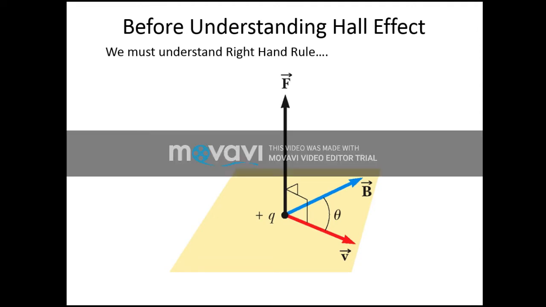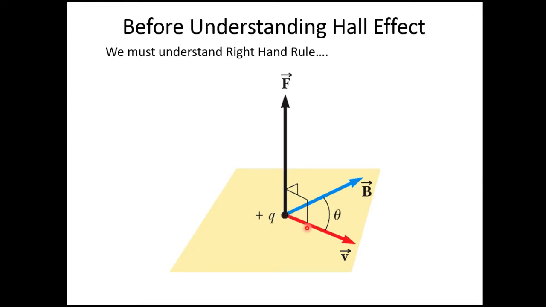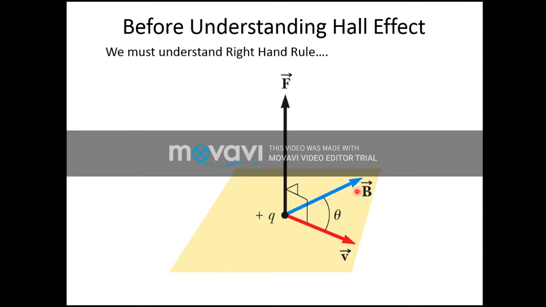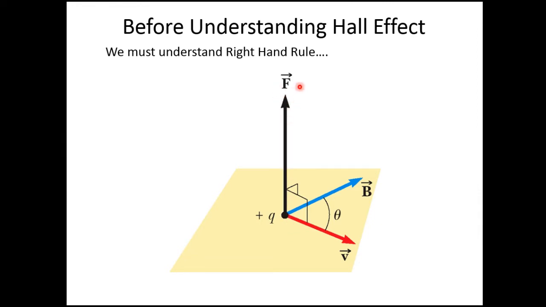Here you can see a figure. In this figure we have a plus charge, moving in this direction with a velocity v, and this charge is put in a magnetic field capital B, as you can see over here. Then there will be a force acting on it, given as qv cross B, or in magnitude F is equal to qvB sin theta, as you know from your 12th class.